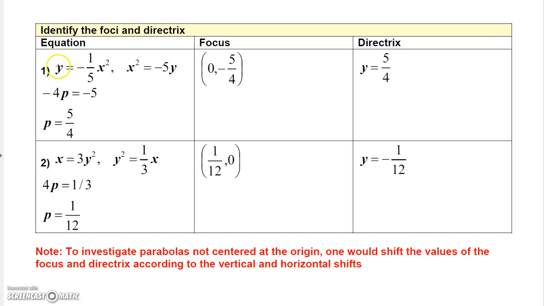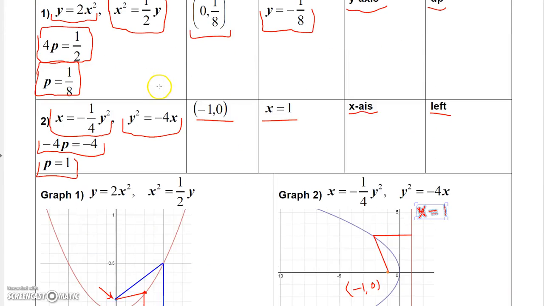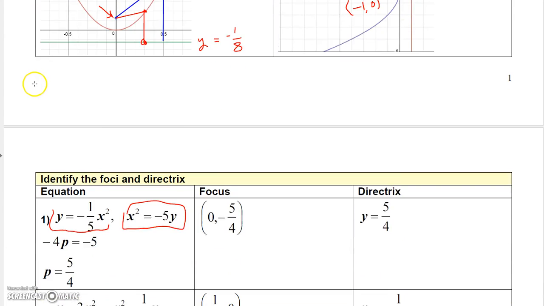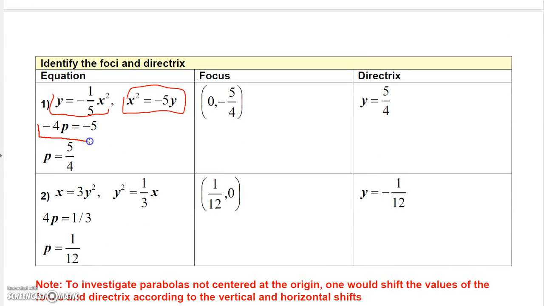So identifying the focus and the directrix is just a simple matter of first solving for the squared term, and then determining which parabola you're dealing with. Here I'm dealing with x squared equals a negative constant times y. So that would be this one. So negative 4p would have to equal negative 5. And then you can solve for p and get 5/4. And then the focus for that particular parabola is 0, negative 5/4,